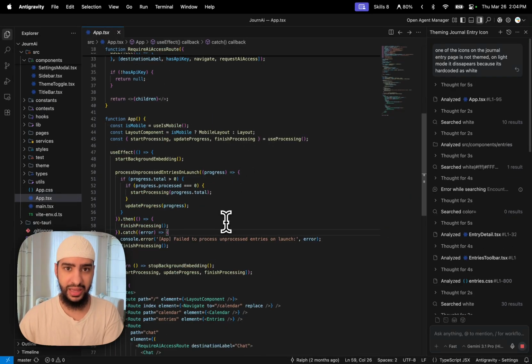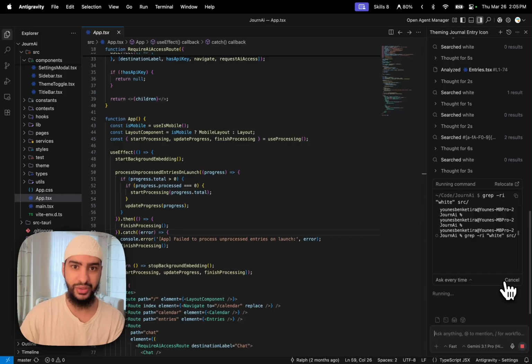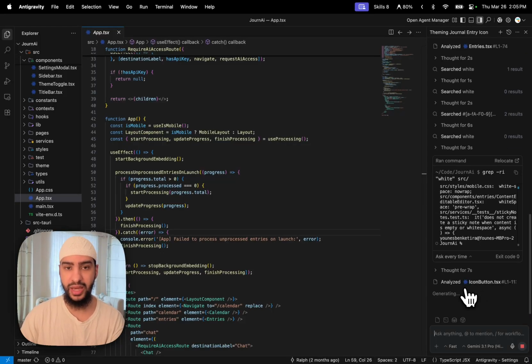But the problem with that is that you only have one agent working at a time. And while this agent is working, you don't really have anything to do. A lot of people can be reading other parts of the code, but they're not really actually doing that. They're just kind of staring at the chat, waiting for it to finish what it's doing. So this kind of setup is really bad if you want to maximize your output with multiple AI agents running